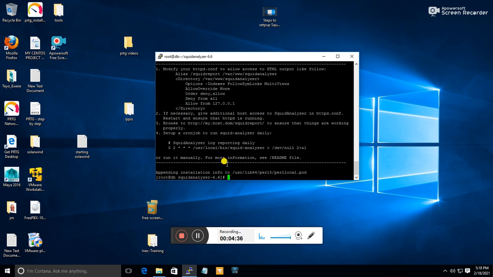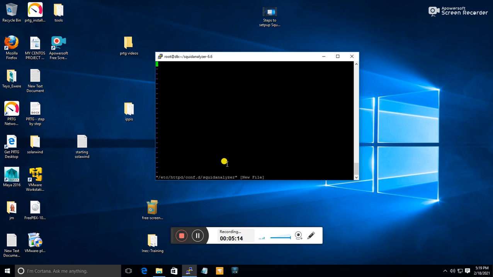Then the next thing is to move to the Apache. In the Apache, we will have to modify our httpd config file to create a Squid report path, and we'll give it access to everyone. So how do we do that? So what we do is to type vi /etc/httpd/conf.d/squidanalyzer